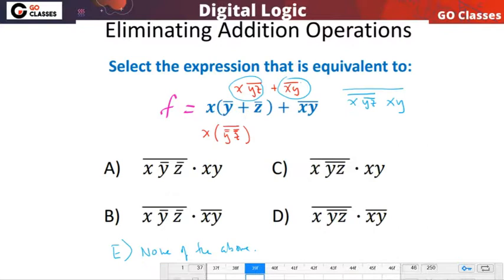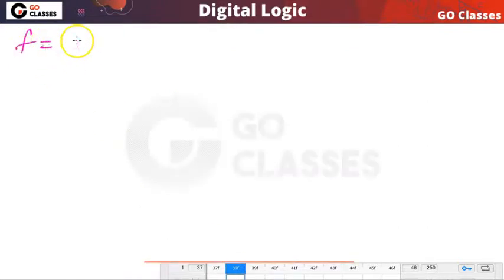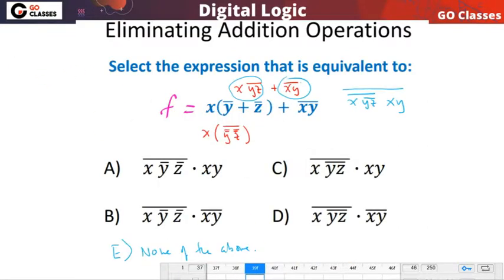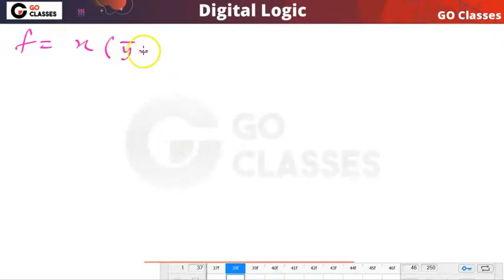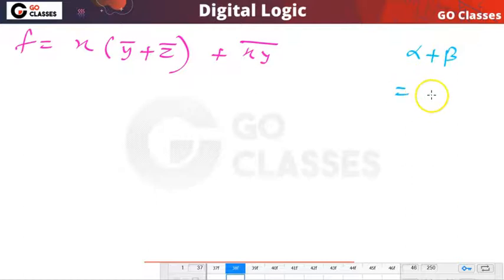We have this function f, which is given to you as x y bar or z y, or x y bar. How can we solve this question? Very simple. Because you already know that if you have alpha or beta, you can do alpha complement beta complement whole complement. So first we can write this.